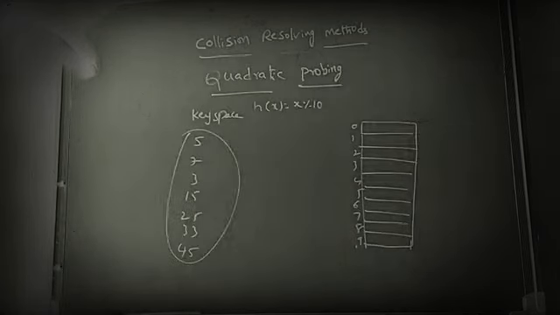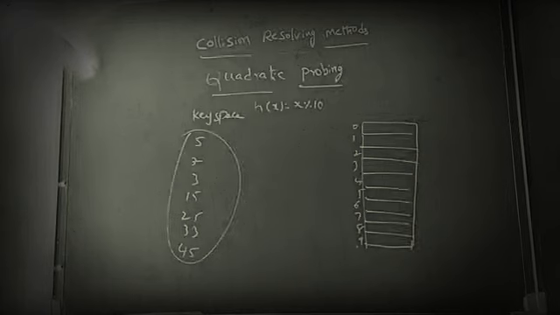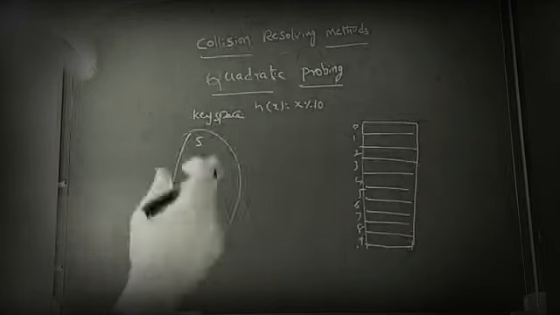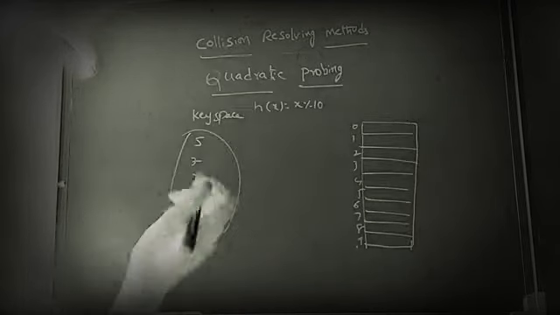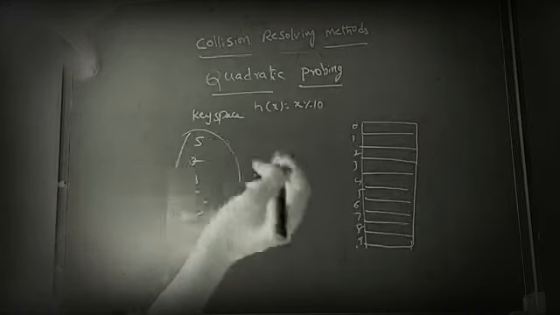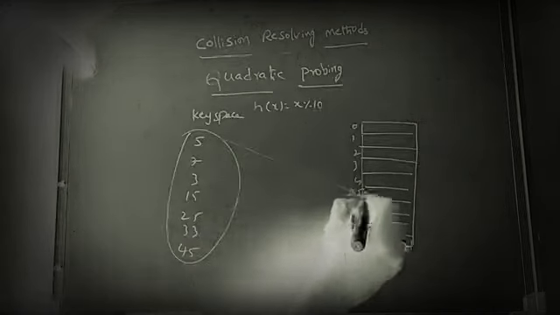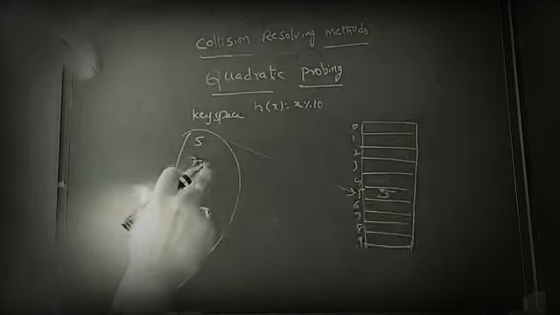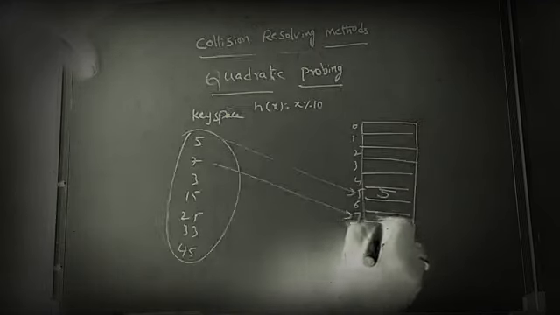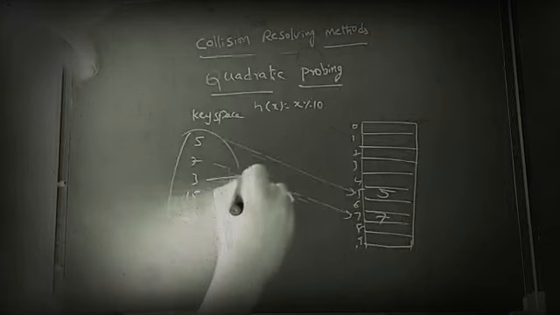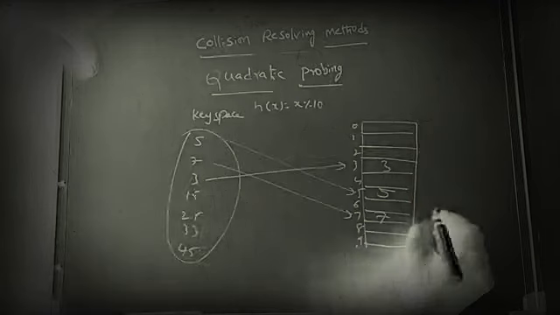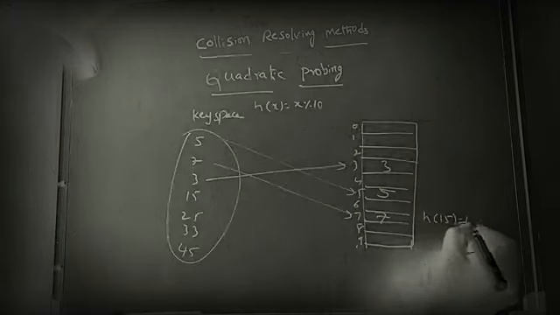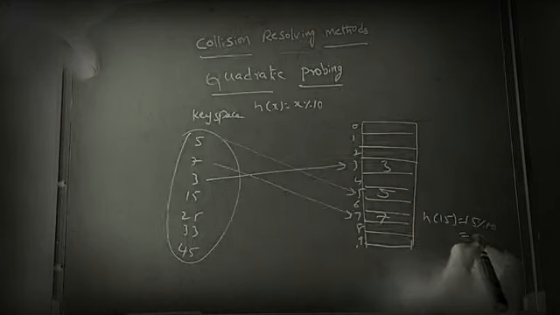So when the problem changes, we move to another mathematical expression when a collision arises. If there is no collision, you can store the element in the hash as usual. So h index is 5, so it can be stored directly at index 5. 7's index is 7, it can be stored directly. Third, it can store directly. No problem still. 15: apply the formula, 15 mod 10, remainder is 5.